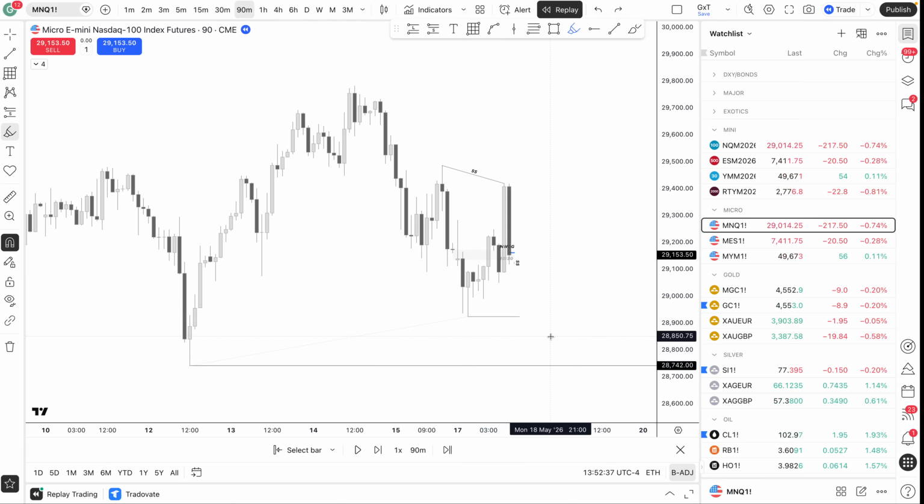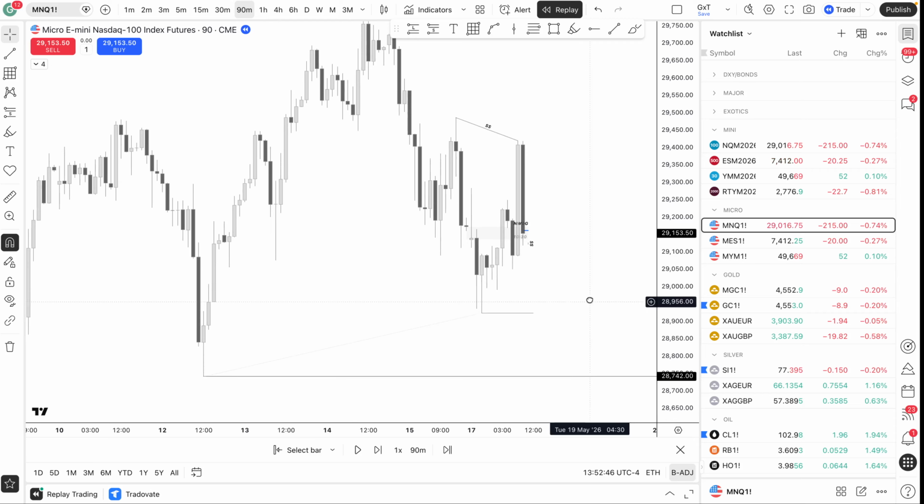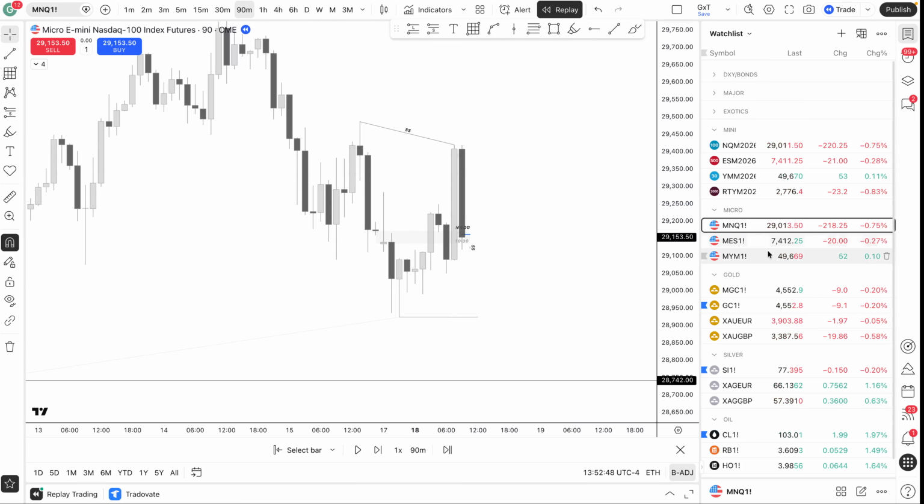But price was so slow and choppy that I just opted to take my partials off here. And the profile is kind of bad too. So that's why I just took it off here. But yeah, I'm viewing this as a